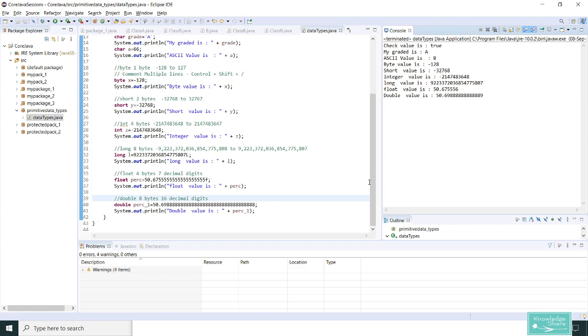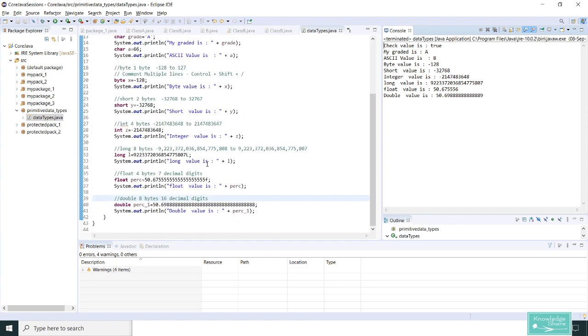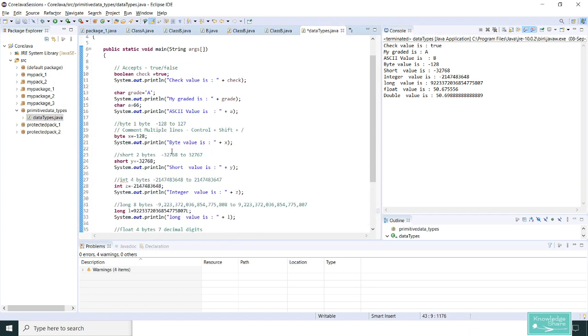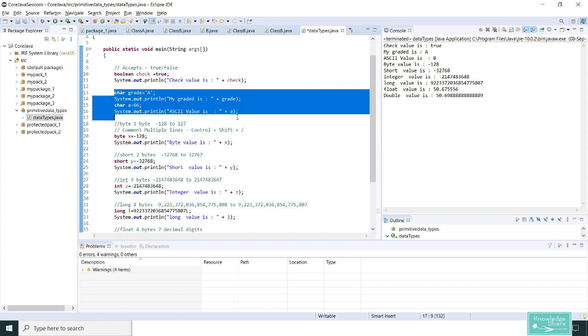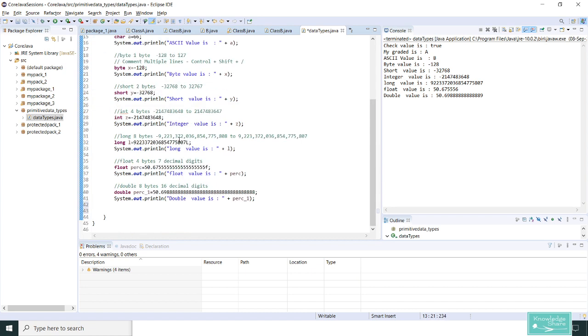These data types are very important, and among all these data types, string is also a very important data type that comes under non-primitive data types, arrays and all those. So let me show you a sample example. What is the difference between character and string? Character, you have stored one character and you have given a single quote, right?